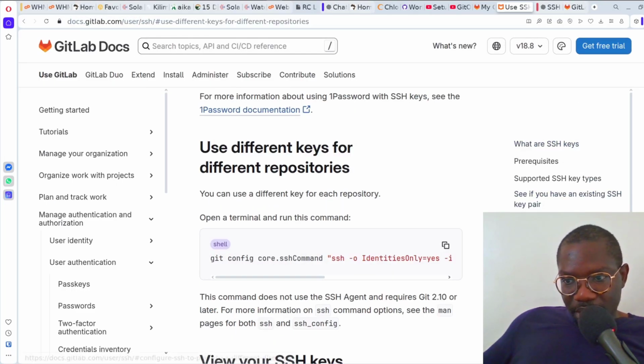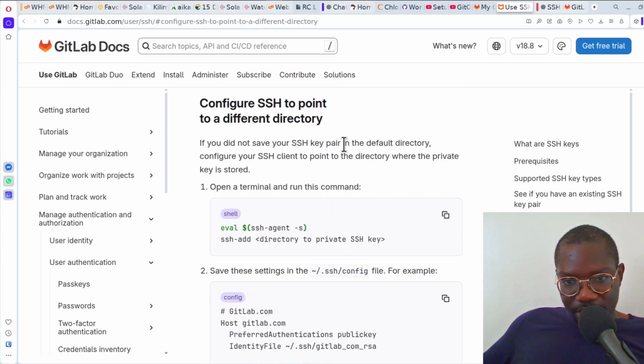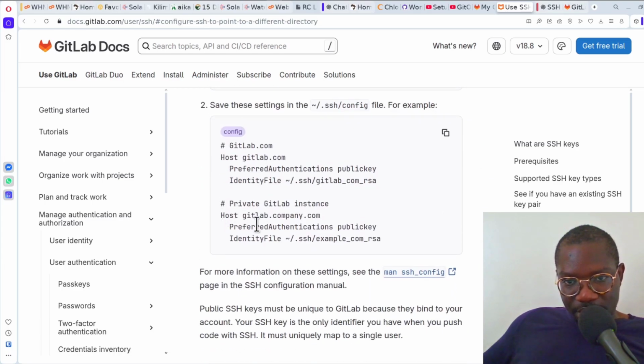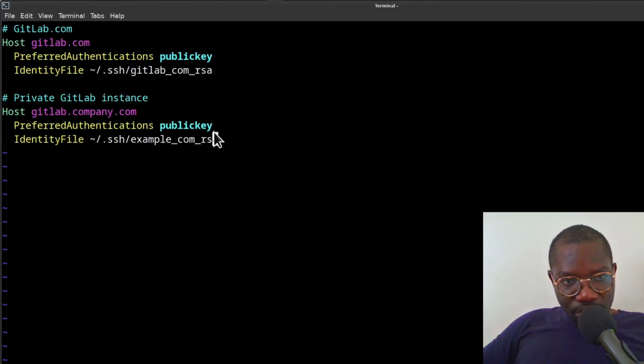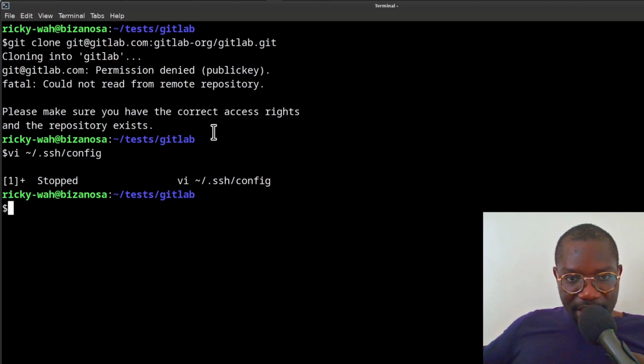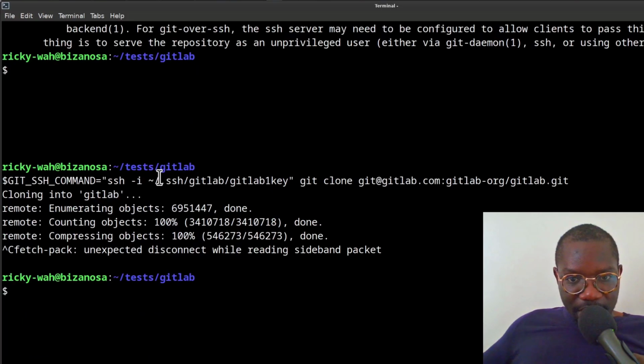Under generate an SSH key, you'll come here under configure SSH to point to a different directory. So there, all you just need is this. Copy that. Control Shift V to paste it in there. You want to point to the identity of your key there. So here, we're going to use our private key. So I'm going to do Control Z to get out of that momentarily, and then I'll go look for my key. There is my key,